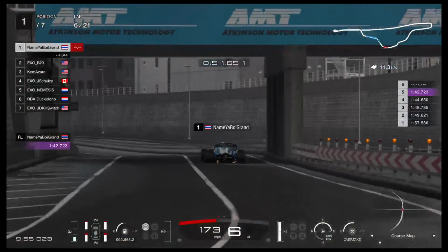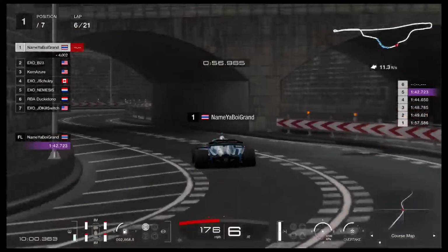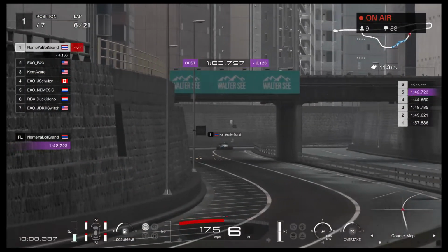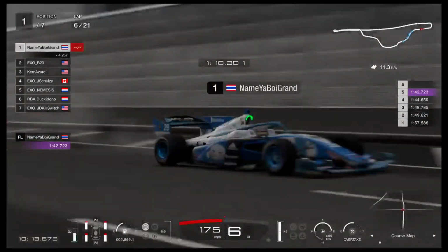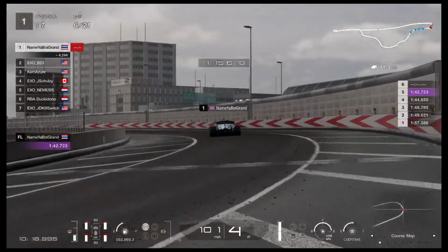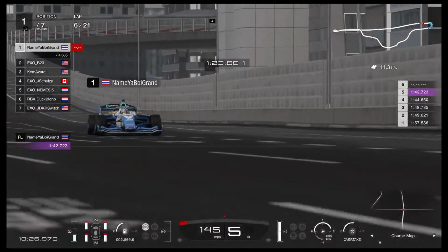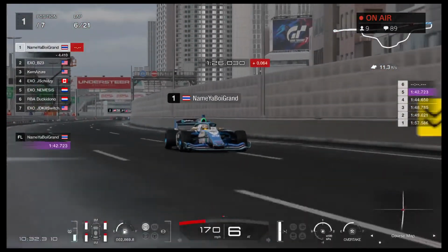But the question in chat, yeah, it's going to be interesting because, I mean, it's really working out in these wet conditions, but soon it's really going to be a slick tire race. And it's a matter of when versus a matter of if at this point, just because we could see the very vivid lack of dry patch on this track. Now, if your boy Grand wants to try to keep these tires on, he can go on the wet sections of the track to try to cool off these inters, but I think it's